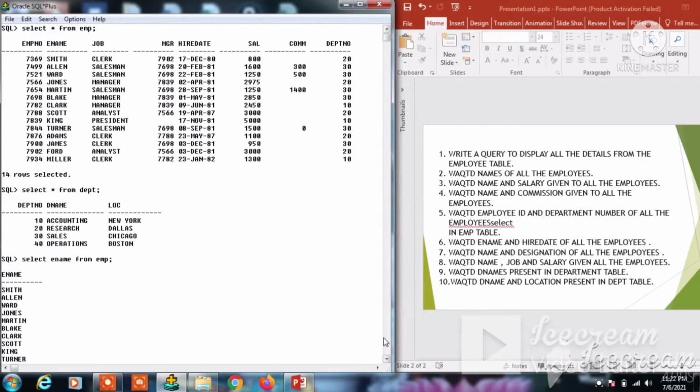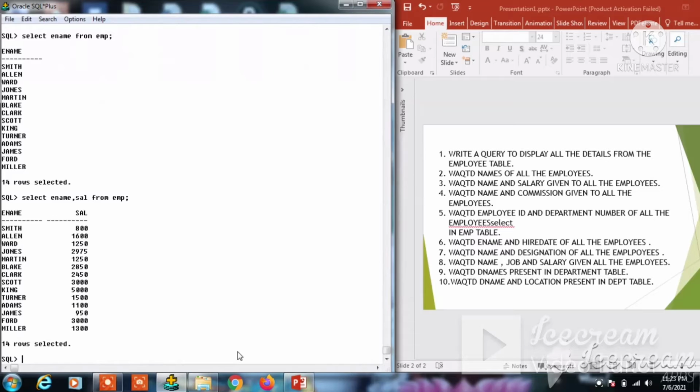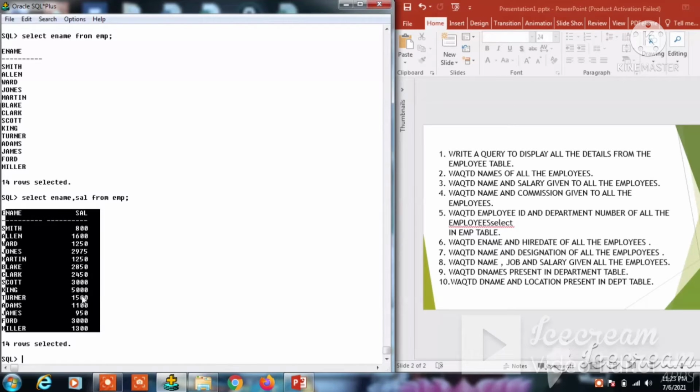So we need to give sal from emp; semicolon. Here we see the employee name along with their salaries displayed. This is the query he wants, names and all the salaries.